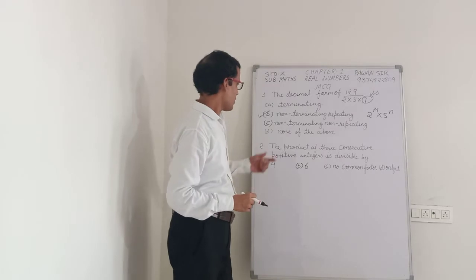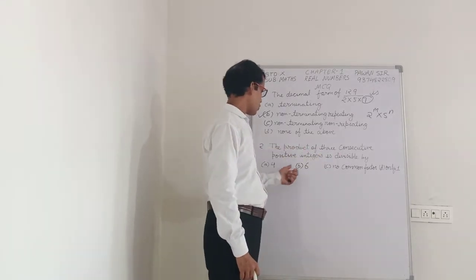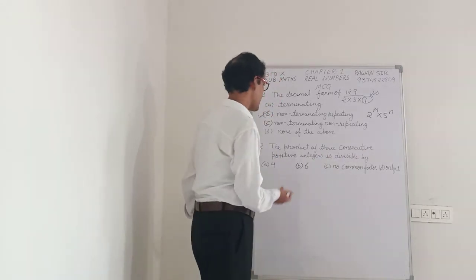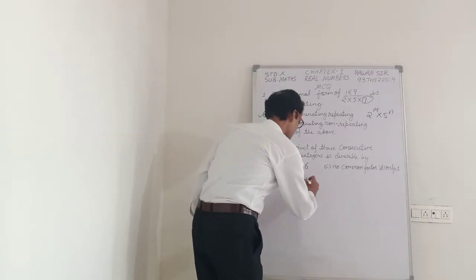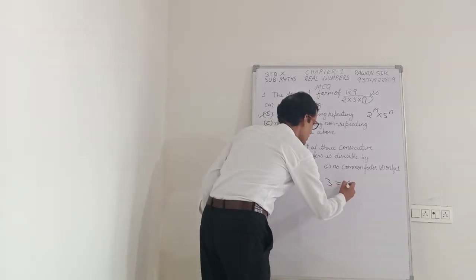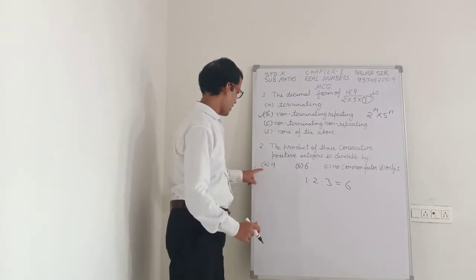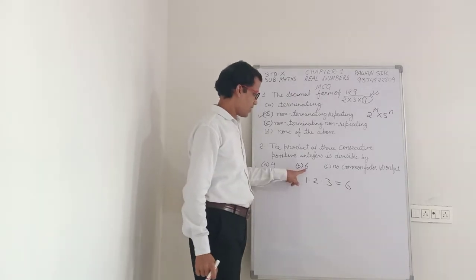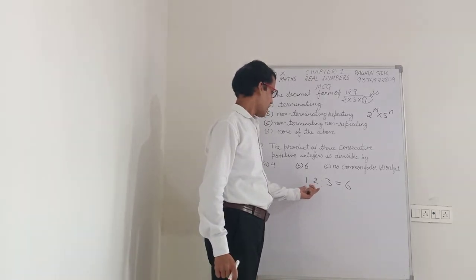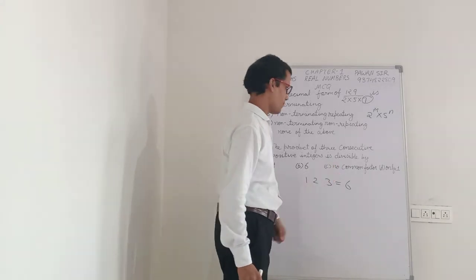Now second question. The product of 3 consecutive positive integers is divisible by 4, 6, no common factor, or only 1. To do this sum, take any 3 positive integers. We can take 1, 2 and 3. Consider the product is 6. It is not divisible by 4, so 4 is not the answer. Yes, it is divisible by 6. Now these 3 numbers have 1 as a common factor, so it is also not the answer.